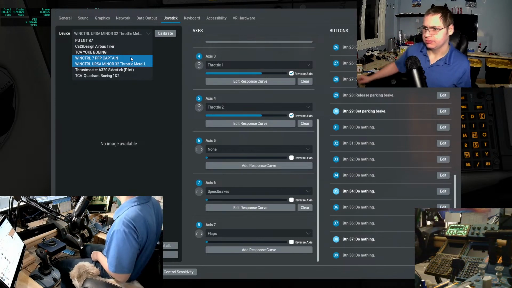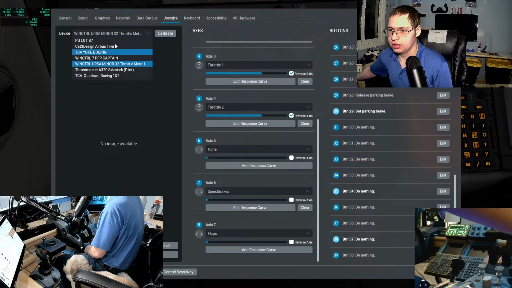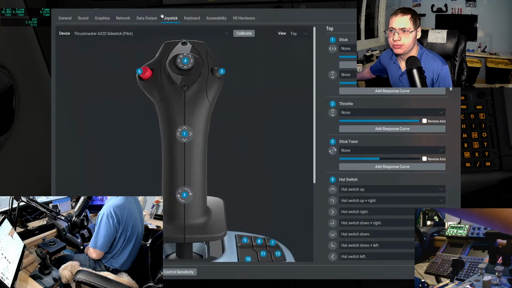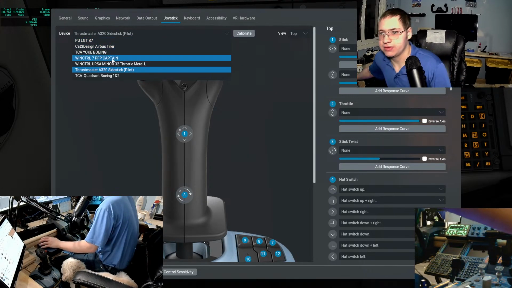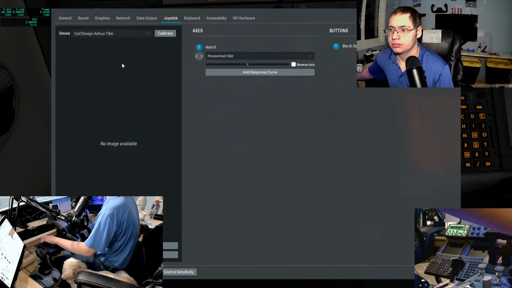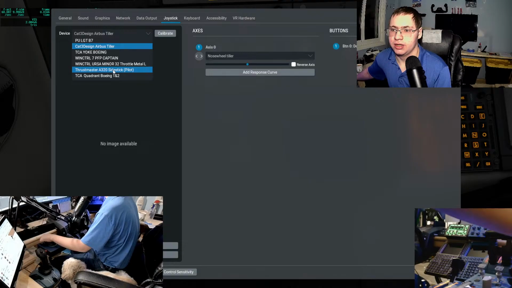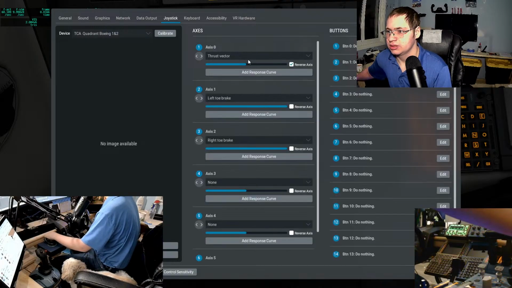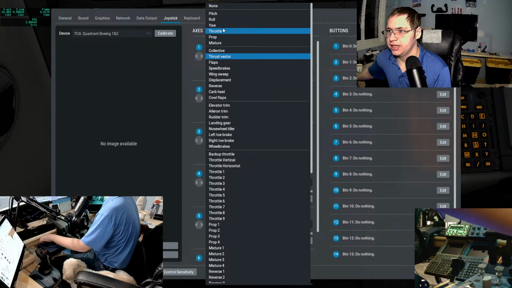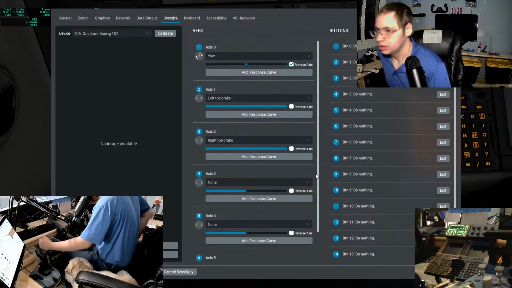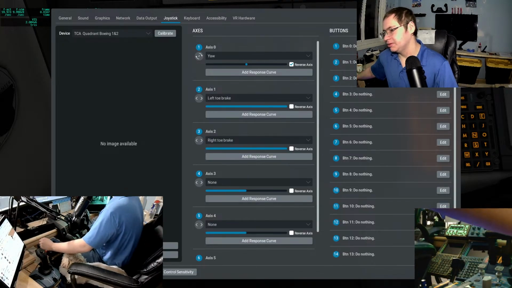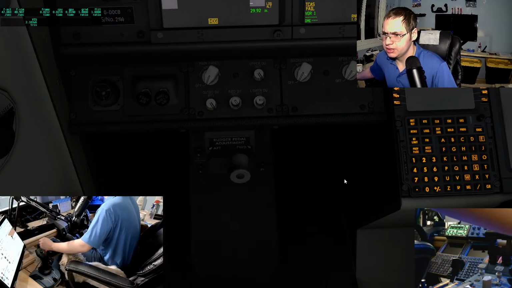Very milky tea. All right, let's see. Nope, wrong thing. Let's quickly deal with the nose wheel steering, because that'll take five seconds. But yeah, I thought I already mapped it. This should be yaw, and then the toe brakes. Once again, some of the stuff I might have to